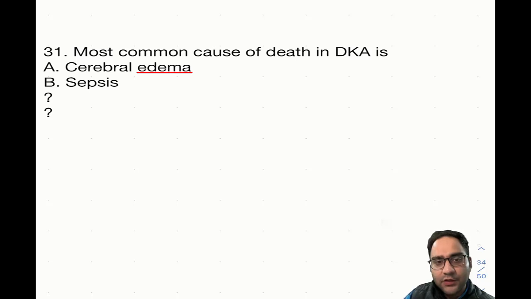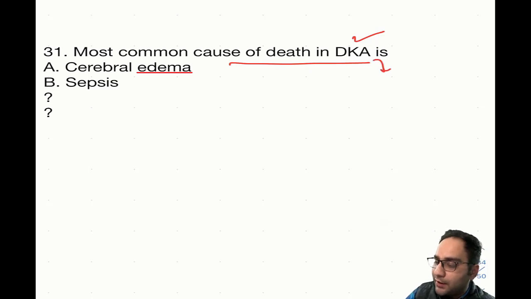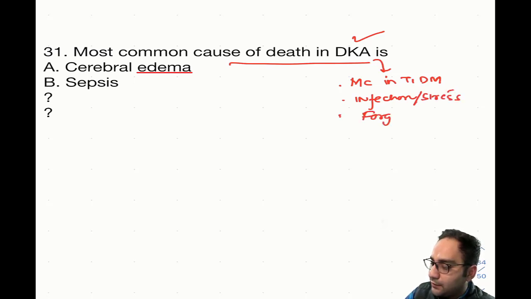Next question. This was asked: most common cause of death in diabetic ketoacidosis is. So what actually is diabetic ketoacidosis? It is very common in type 1 diabetics, right? Any sort of infection, stress, if you forget the dose of insulin,